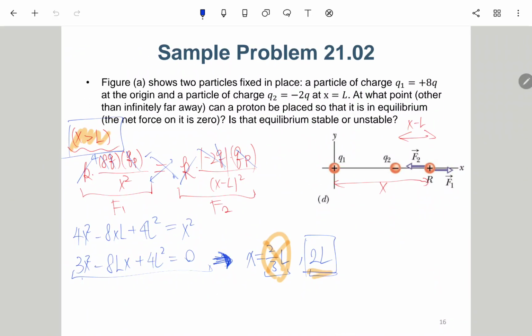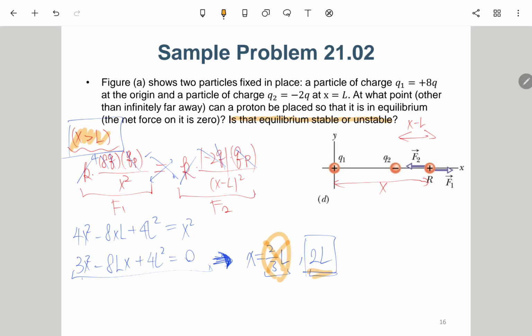This is the first question, which just asks where we should place this proton. For the second question,